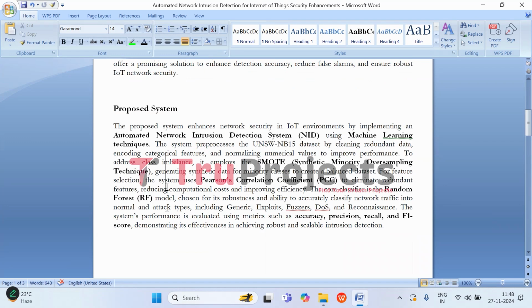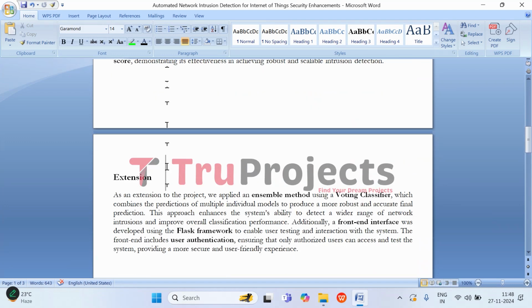To make the system more powerful, as an extension in this project, we are incorporating a voting classifier, which is an ensemble model. This method combines the predictions from multiple models to create a stronger, more accurate overall prediction. Think of it just like asking a group of experts for their opinions instead of relying on just one. By combining the strengths of several models, the system can detect a broader range of network intrusions, which improves